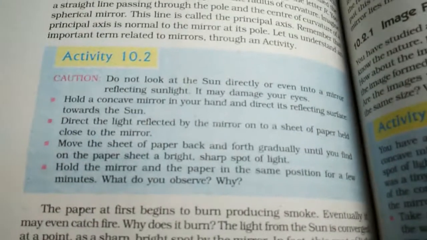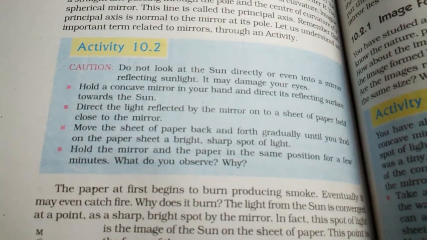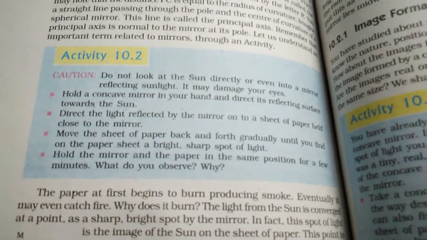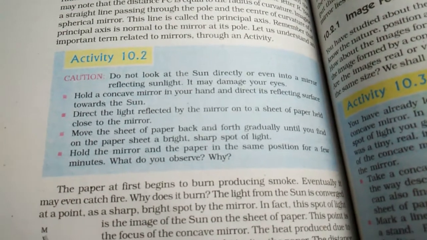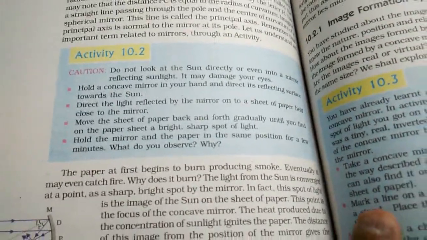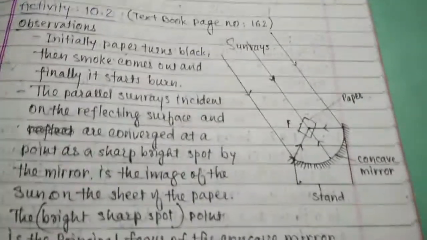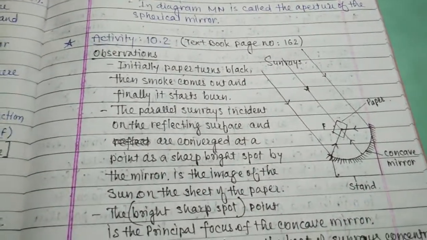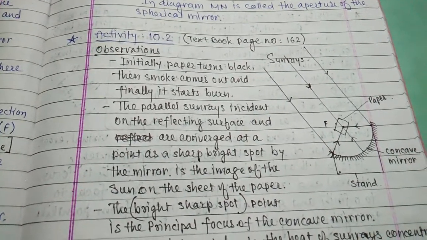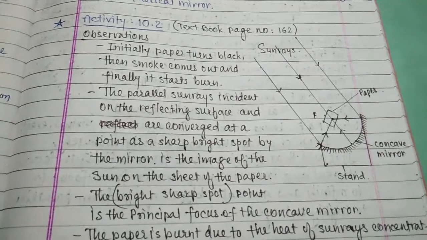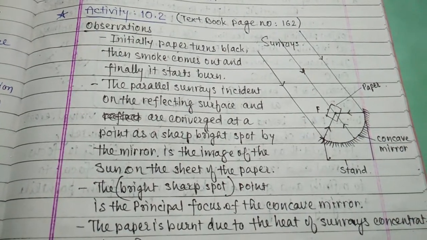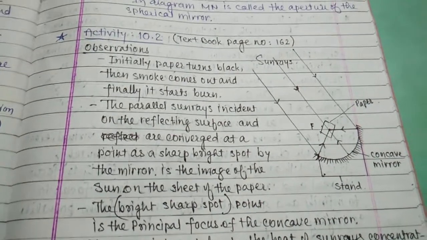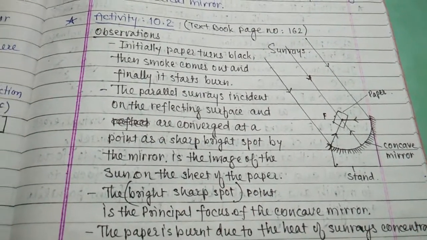Now, activity 10.2, textbook page number 162. This is the activity to determine the focal length of the curved mirror, in short, a concave mirror. So here is the concave mirror. It is placed on a stand in such a way that the sun rays are directly